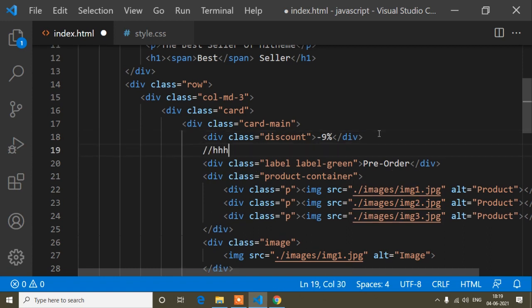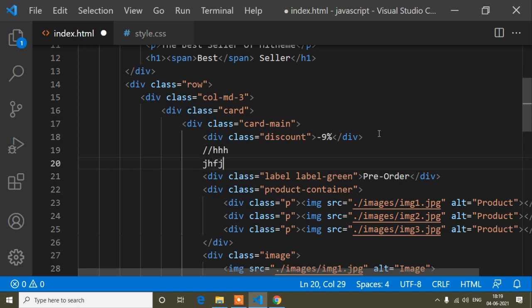So here is the line, and after that here is another line. Between this line and this line there is no space. If you want to add space between these two lines, then we write line height. That means it will add space between these two lines, that is line height.